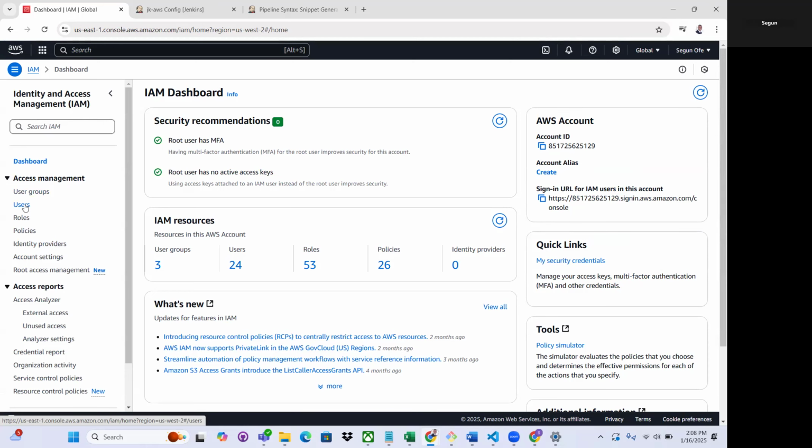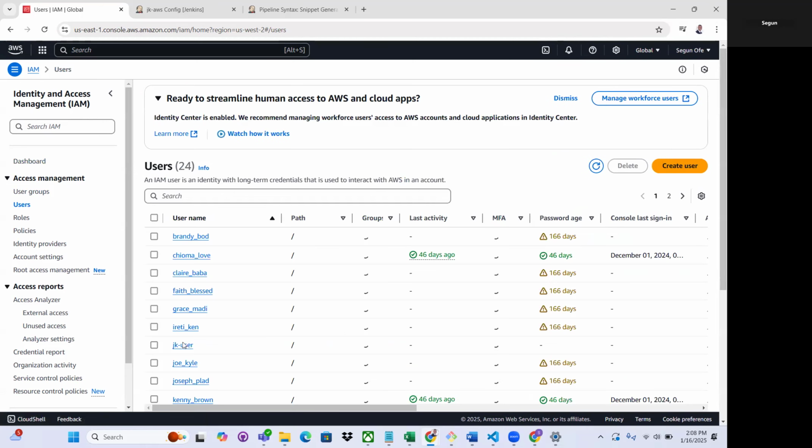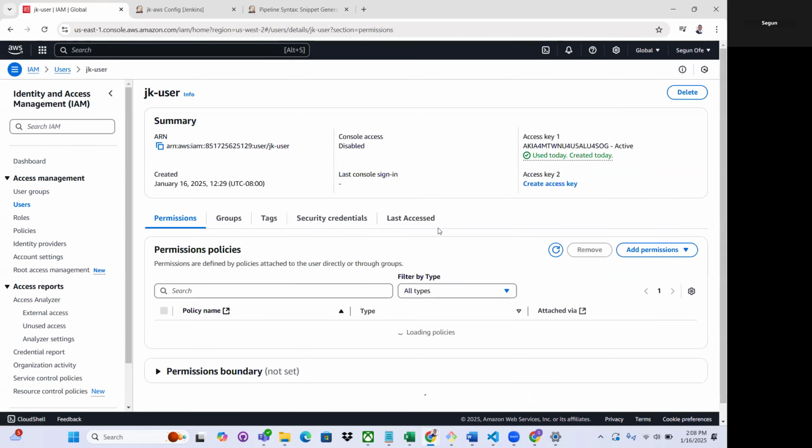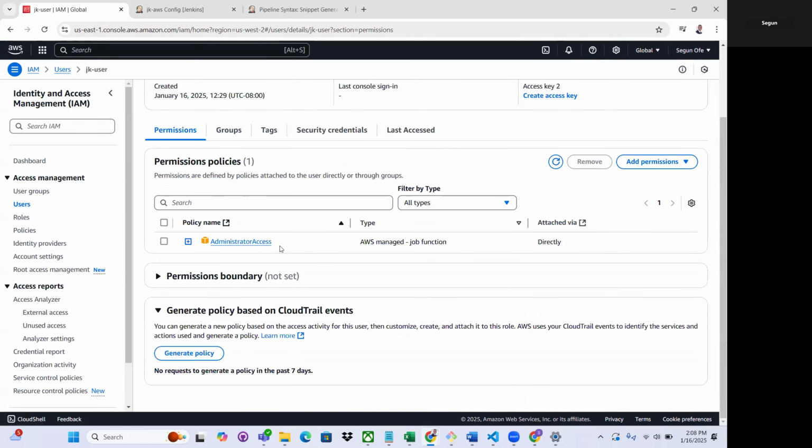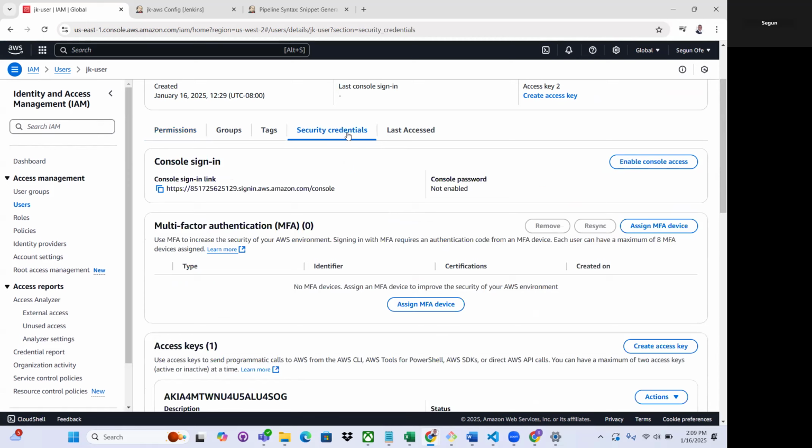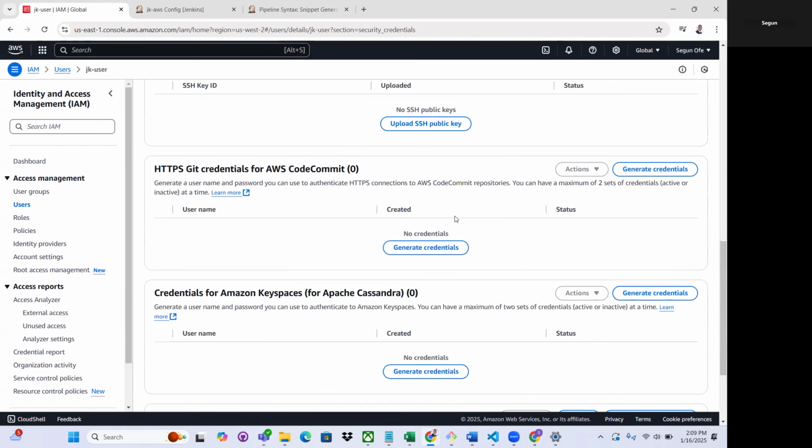So I'll come back to the Jenkins user, and because we gave the Jenkins user administrator access, if I come on security credentials, then I'll come down, and then